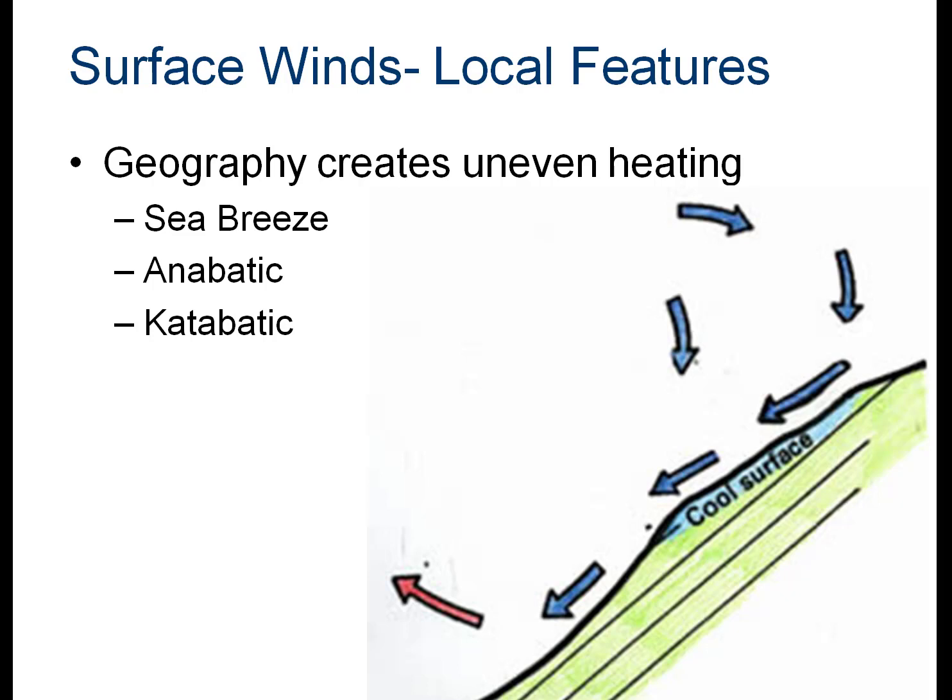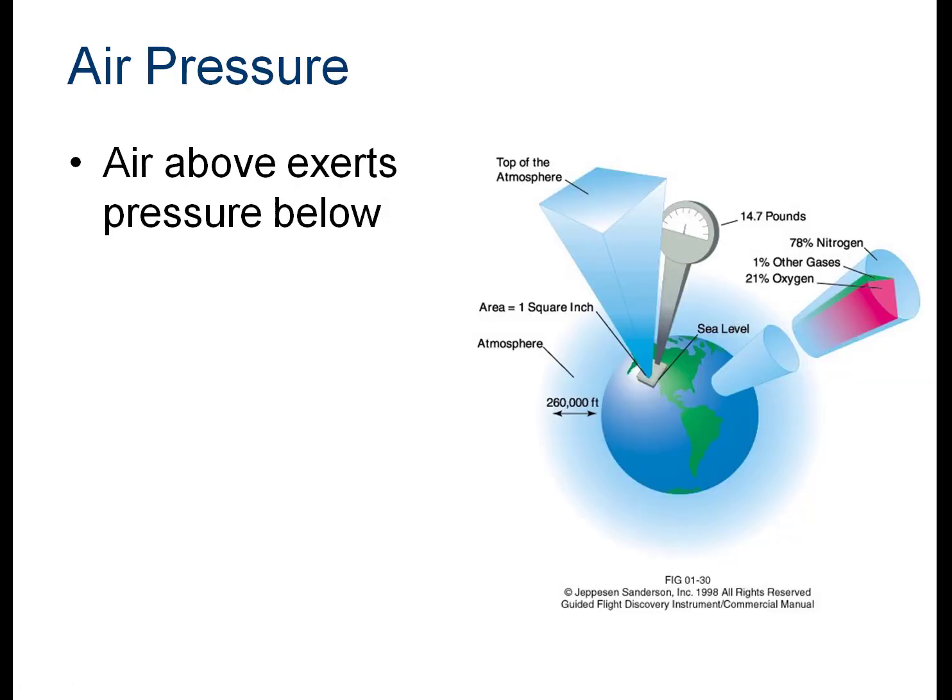So one was rising air from the mountain, one was falling air from the mountain, a cooled mountain versus a hot mountain. There's many, many more of those. So our local surfaces that are unevenly heated create pressure differentials and airflow as well. So when we talk about air pressure, we're really talking about how much does the mass of the particles that